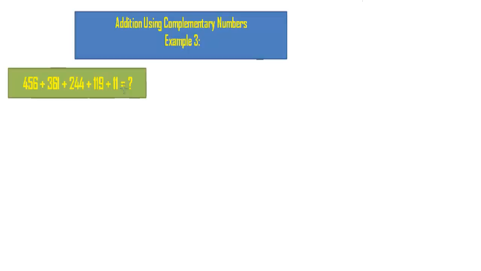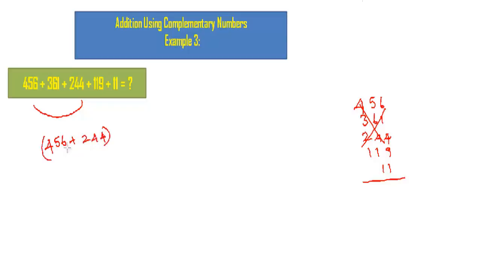Without knowing the complementary numbers technique, you would have ended up adding this like 456, 361, 244, 119 and 11, like this, right? So instead of this method, if you know complementary numbers, upon inspection of these numbers, you would immediately say that 456 and 244 are related, which means they are complements. You group 456 plus 244 because 6 and 4 are complements of each other, and then